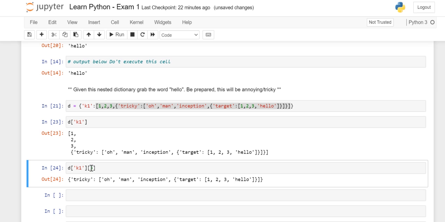You can see that now I got my whole dictionary, right? Now it's a dictionary. Now what we have to do, we have to again go and figure out where the position of hello is. So you saw that this dictionary contains how many key value pairs? The very first is this one, tricky.